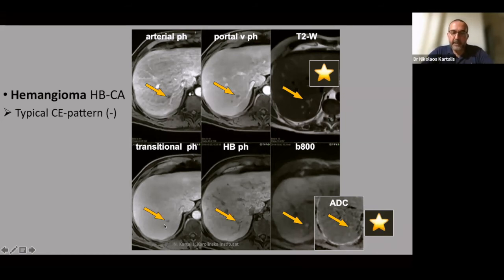Okay, thank you. Continuing, I would like to remind you that if you have a lesion on CT and you want to go forward with characterization with MR, if your suspicion is hemangioma, then Primovist is probably not the optimal contrast agent to start with. But if you have already performed your Primovist exam for a patient with colorectal cancer, and you want to see if these are metastases or hemangiomas, you don't necessarily need to go for a next MRI with extracellular agent.